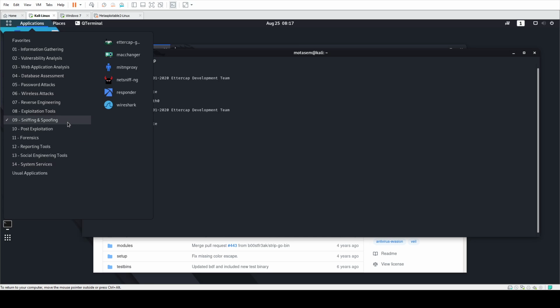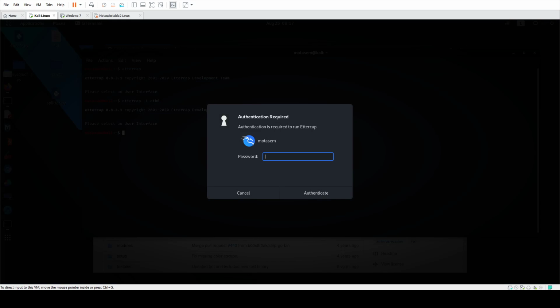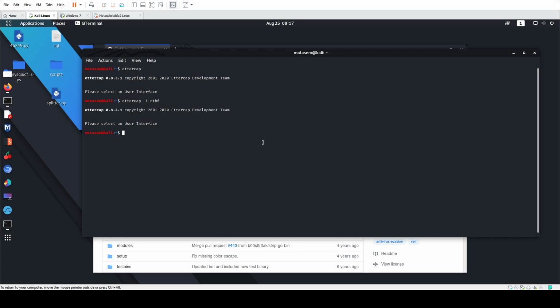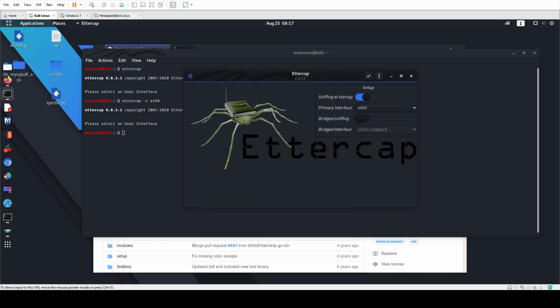So here, sniffing Ettercap. Okay. So Ettercap, as you know, guys, is a tool for performing man-in-the-middle attacks, right? But before, okay, this is a tool. But before running it for the first time, we need to make a couple of changes to the configuration file